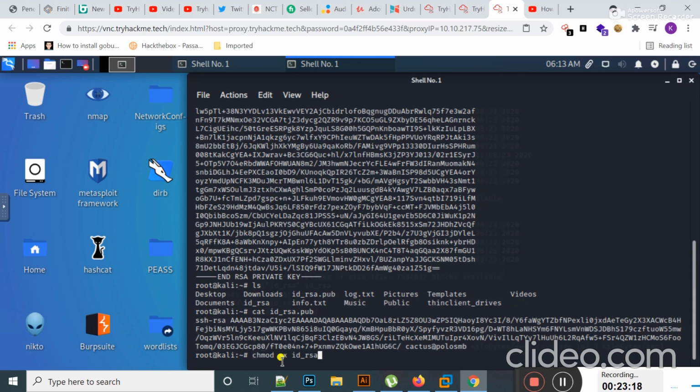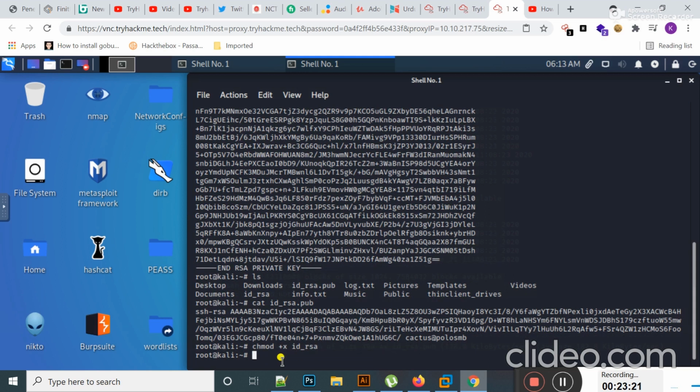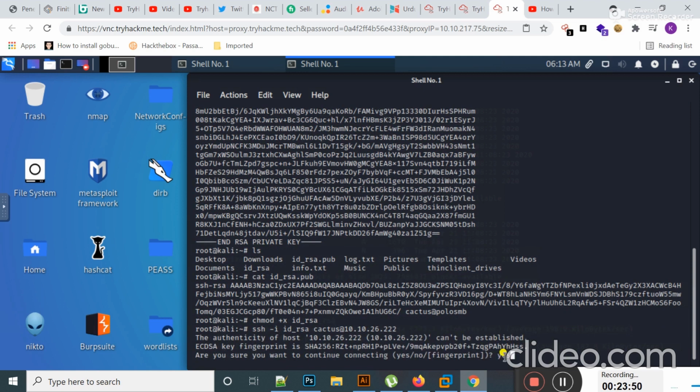If I type cat id_rsa and hit enter, now you can see the private SSH key. If I type cat id_rsa.pub and hit enter, guys, here you can see the name of the user is cactus.